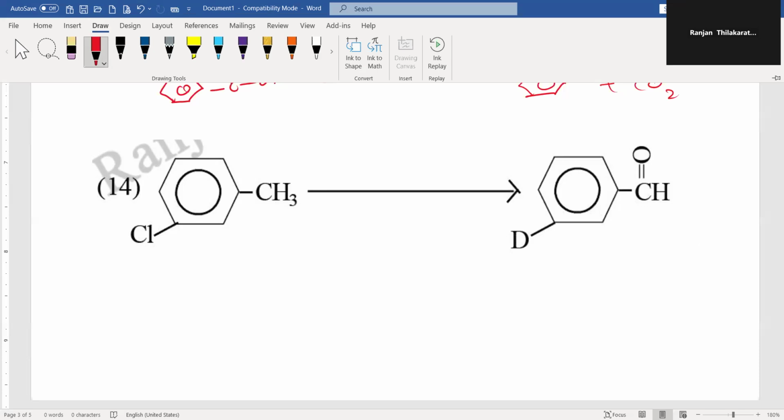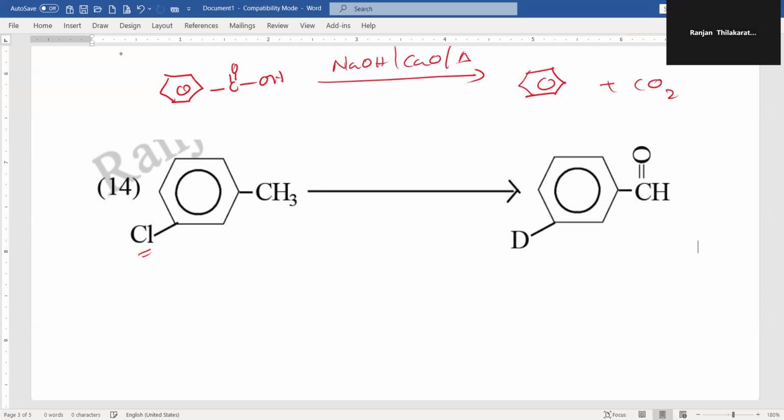Yes, we have to convert that into this. How can you convert it? First, you had better remove this chlorine. Otherwise, it will be a bit hard. Because if you convert this CH3 group into this first and then try to do the other one, it will not be a good